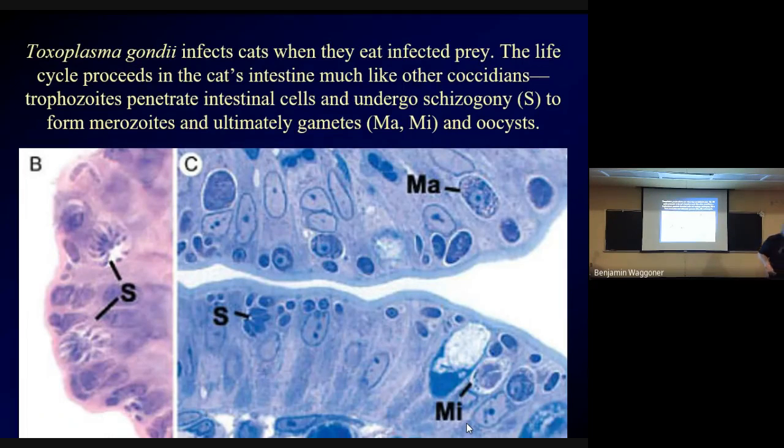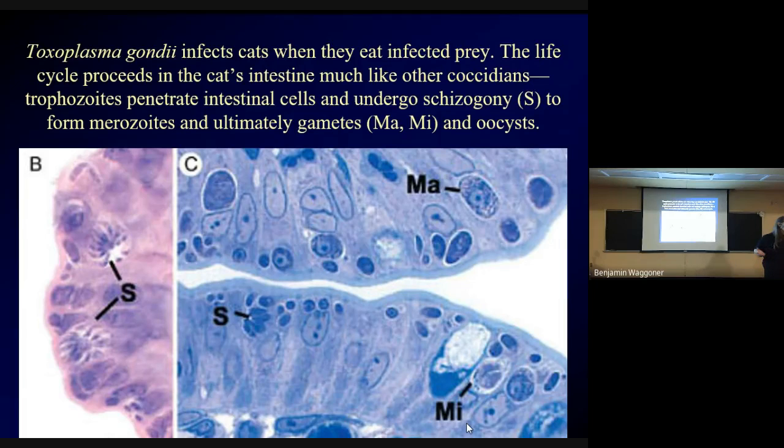So it infects cats when they eat infected rats, and the life cycle in the cat is just like what you've seen. The trophozoites will penetrate the intestinal cells. In there, they'll undergo that schizogony. So you see some labeled S right there over on the left. That's infected cat cells where the trophozoite has divided and is creating those swarmer cells. Okay, so the swarmer cells burst out, they infect more cells in the cat gut, and ultimately some of them